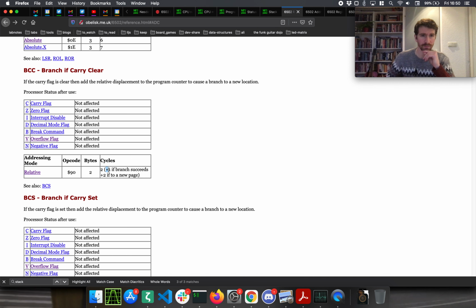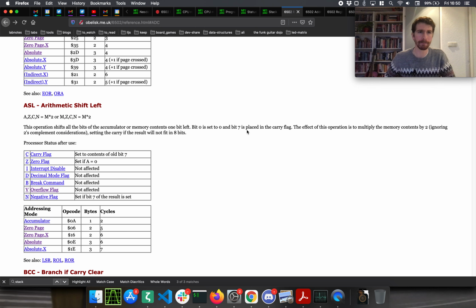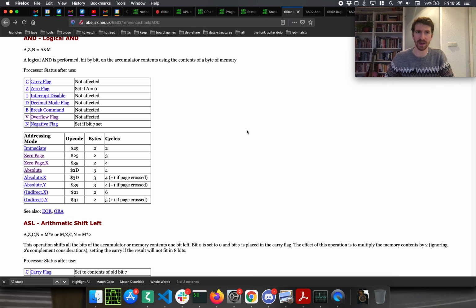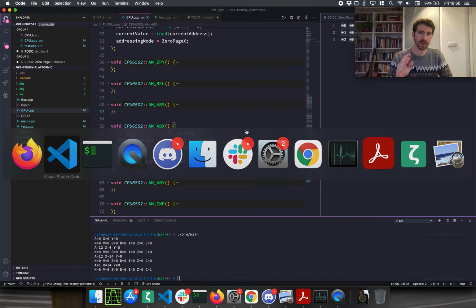Relative. +1 if the branch succeeds, and +2 if there's a new page. Okay, so that's a spanner in the works, but no worries. Just means we need to move that code a little bit. Although it does actually, we're gonna need to write code in both places, and this is why, because the addressing mode,